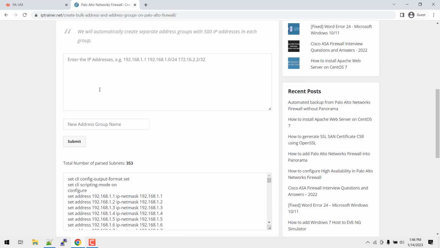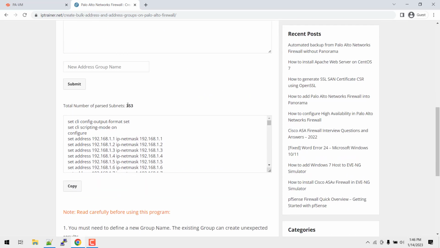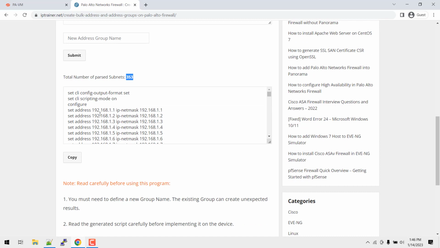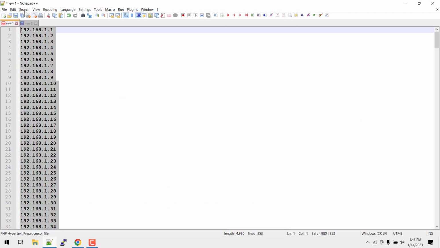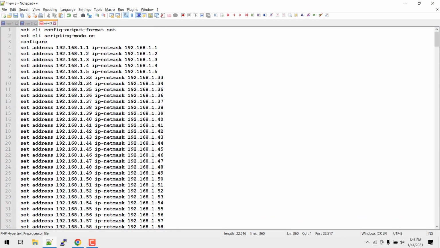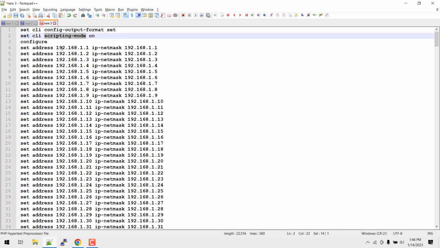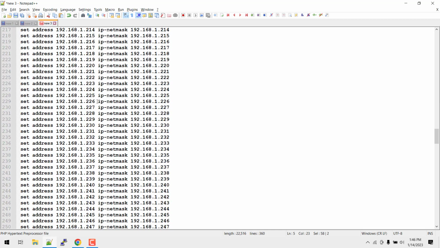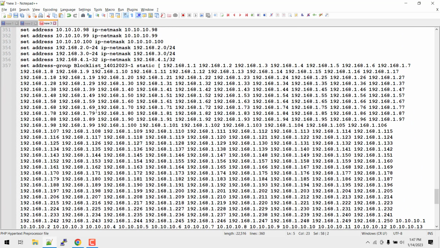This particular program will automatically create a script that you need to run on the CLI. If you want to validate it, just copy it here and put it in Notepad++. You can see the way we are going to configure. We will set the config output format to set, turn on the scripting mode, and then start configuring the IP addresses on the firewall. Finally, once all of the IPs are configured, we will